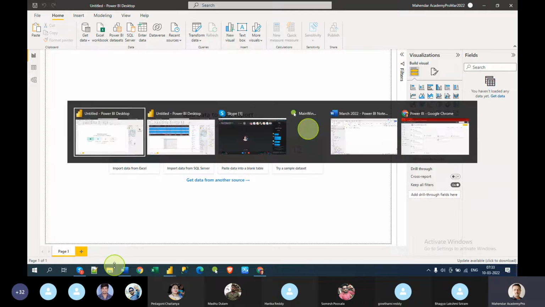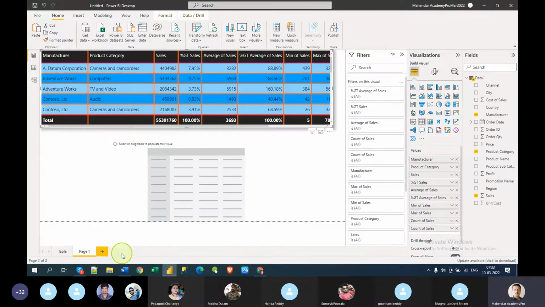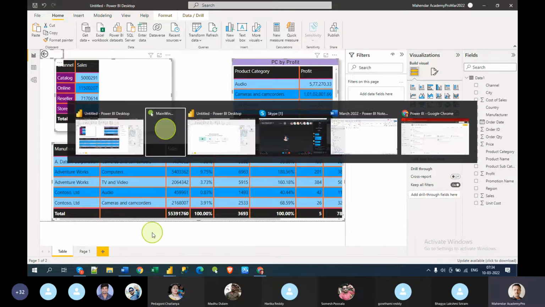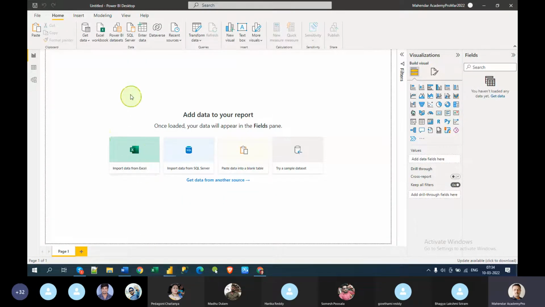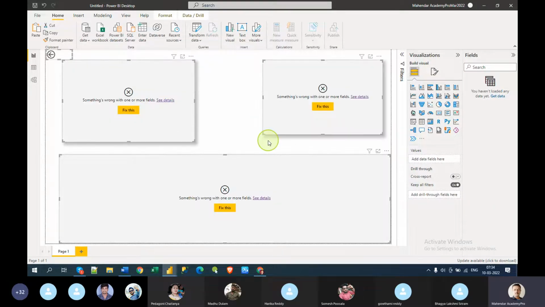But if I go to the first page, press Control A, it will select everything, and Control C, and come to this new PBIX file. Here nothing is there, but still we can paste it. See, they are coming, but they will fail. But if you have a data set, it will automatically configure. That is the beauty of it.